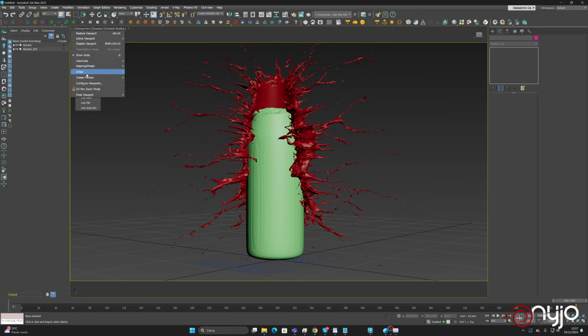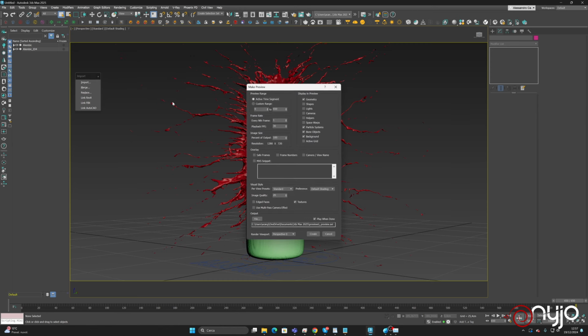We can make a preview just to double check how it is moving forward, and let's go for standard and default. Okay,